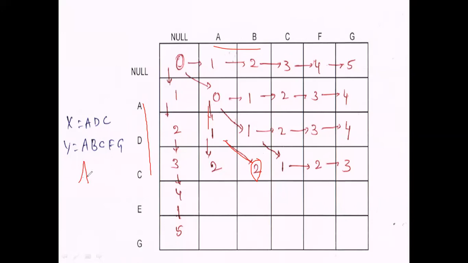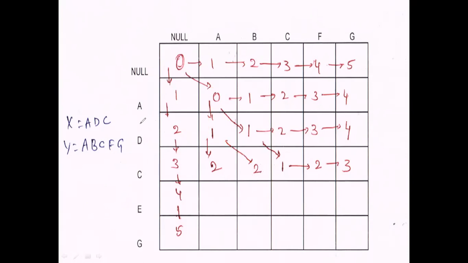That means ADC converted into AB. So first one, no operation, 0 represents no operation. And next one, D, means replace operation: replace B with D, that is one replacement operation, and one delete operation. That is, C delete and B replace operation. So the total number of operations is 2 to convert ADC into AB.